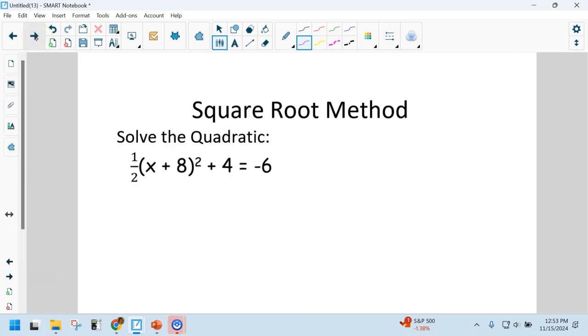All right, I think last one like this. Yes, last one like this before we kind of switch gears a little bit. Again, look for what's being squared. That's what you have to isolate. So we're going to isolate this one by subtracting 4 from both sides,